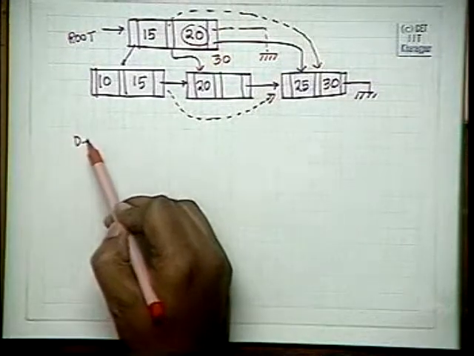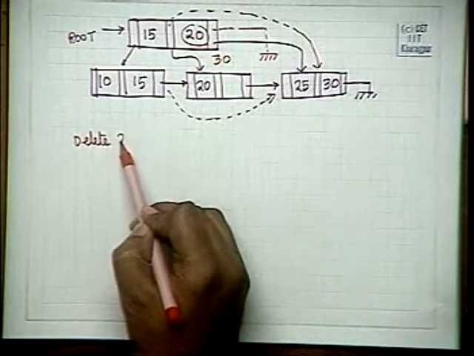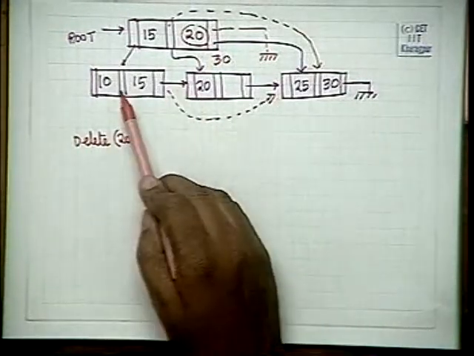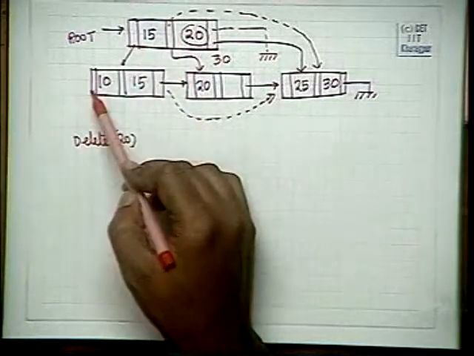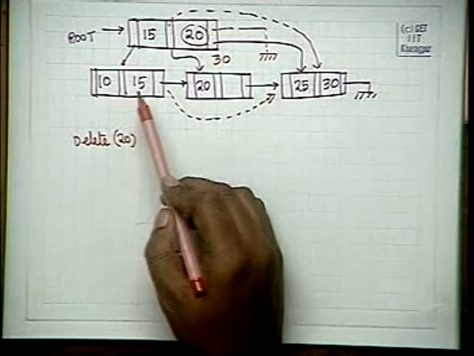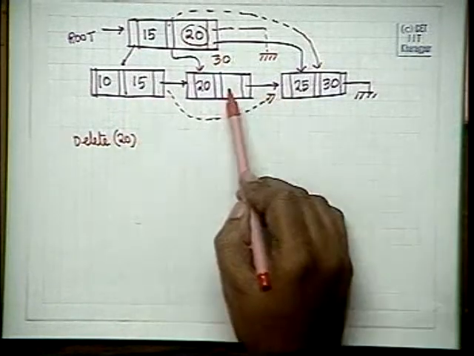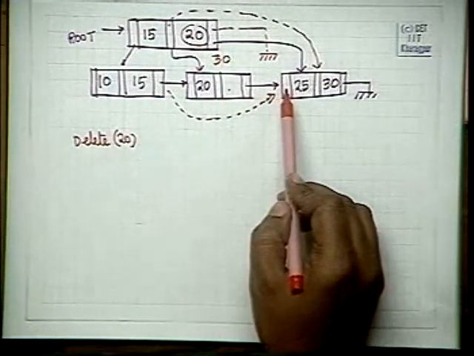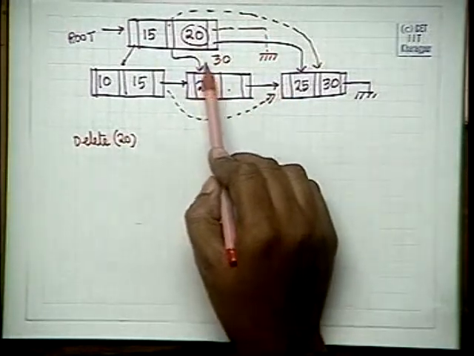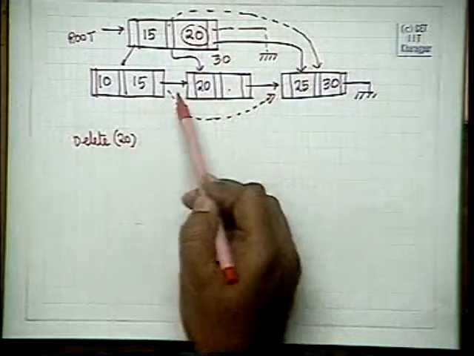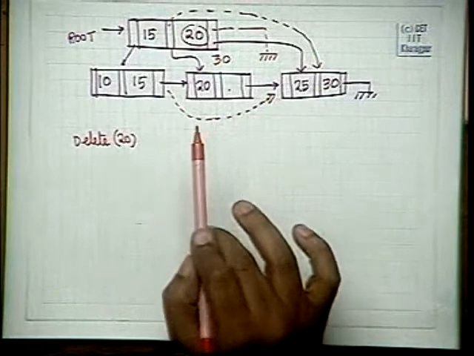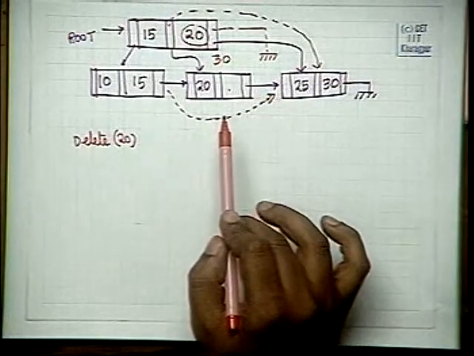So on a delete 20 operation, how will you get this one? From the parent, you just move to this side, you will get this pointer, or pointer to this node. This pointer dot next now points to this pointer dot next. So if you want, for purposes of easy programming, maybe you can keep parent pointers as well, and you can keep previous and next as well. It is not essential to maintain the order and complexity, it may just help in programming.